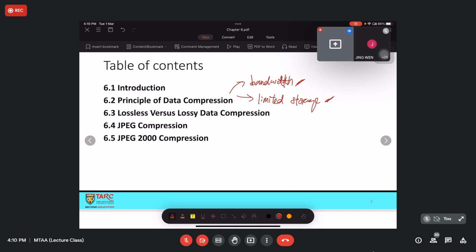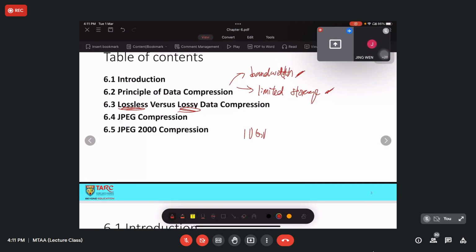So this is the basic principle of data compression, why we need to do data compression, and it is applicable to audio, image, and also video. We also know about lossless and lossy. Lossless means we have no data loss. We still perform the conversion, but there is no data loss because the compressed information can be decompressed later on. For example, the original data is maybe 10 GB. After lossless compression, perhaps you can get 7 GB. Then later on, you can recover it to become 10 GB.